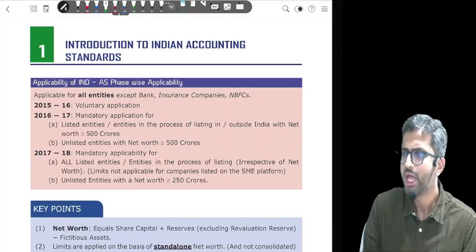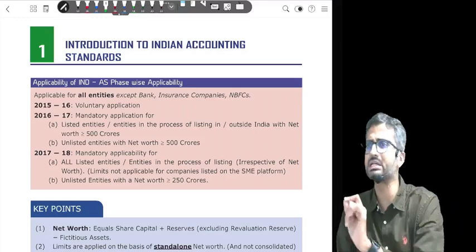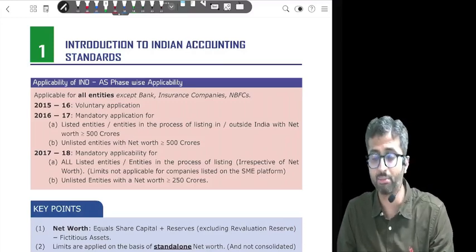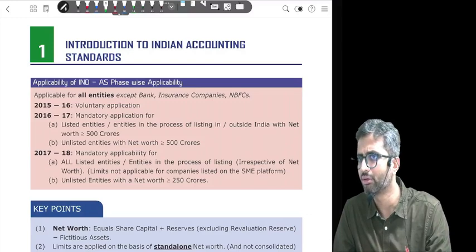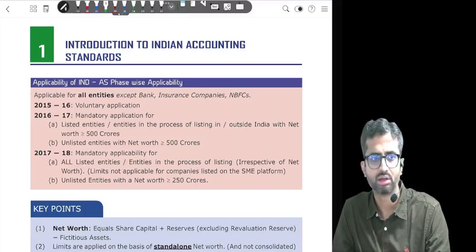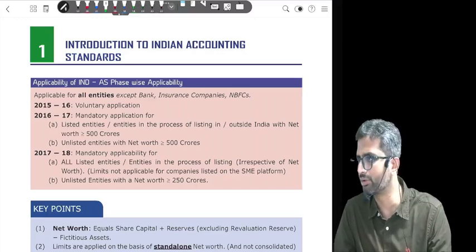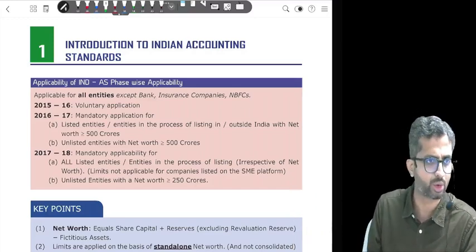business combination. In business combination, have you heard of PC, purchase consideration minus net assets? If the difference is positive, where does it go? Goodwill. But if it is negative, where does it go? Capital reserve. Why capital reserve? Why not P&L? A lot of things are not day-to-day. You don't sell land in the day-to-day course of your business. You don't win lotteries in the day-to-day course of business.